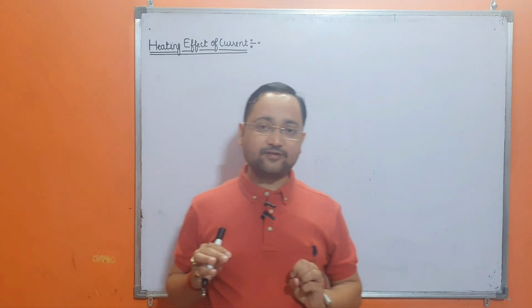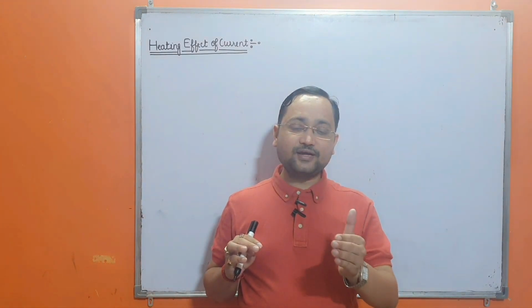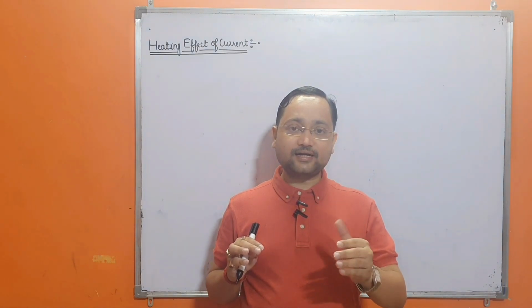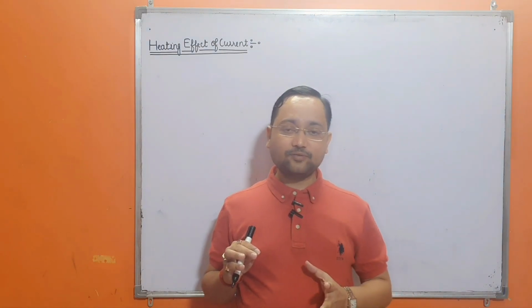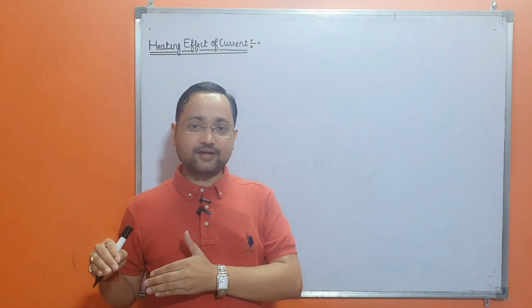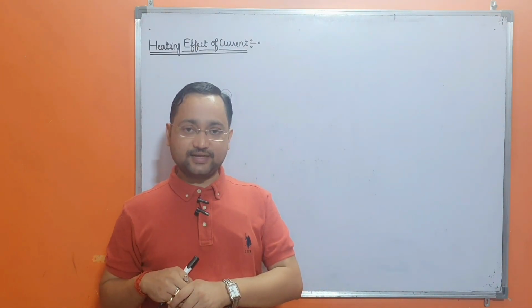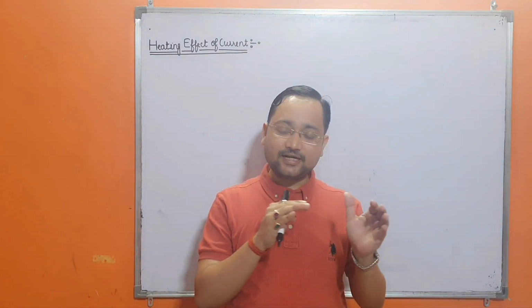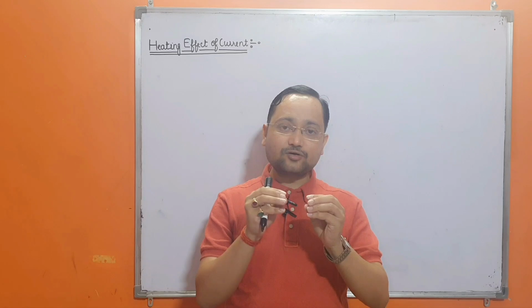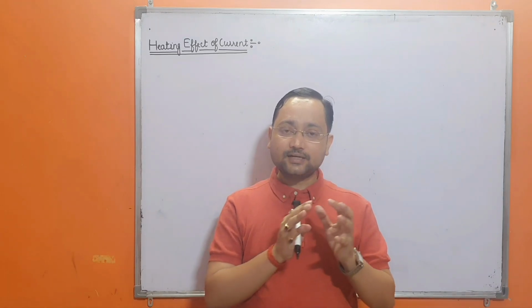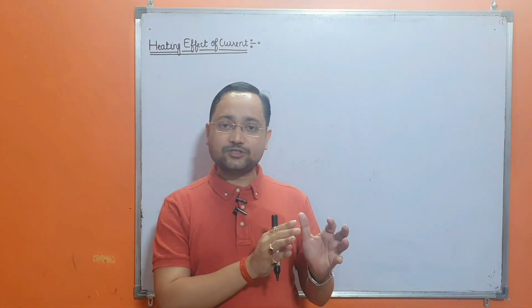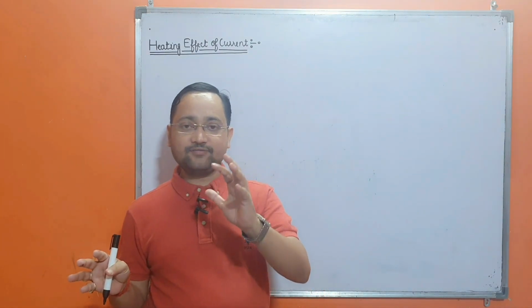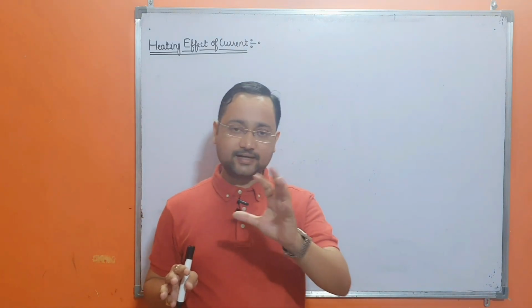So what do you mean by the heating effect of current? The phenomenon of heating of a conductor, when a steady current is flowing through that conductor for some time, that is, the heat is produced in the conductor and the effect observed, is called the heating effect of current. What is the cause of heating? When the current is flowing through a conductor, the electrons collide with the metal ions, the kinetic energy of the electrons during the collision is dissipated in the form of heat across the conductor, which causes the production of heat through the resistor.